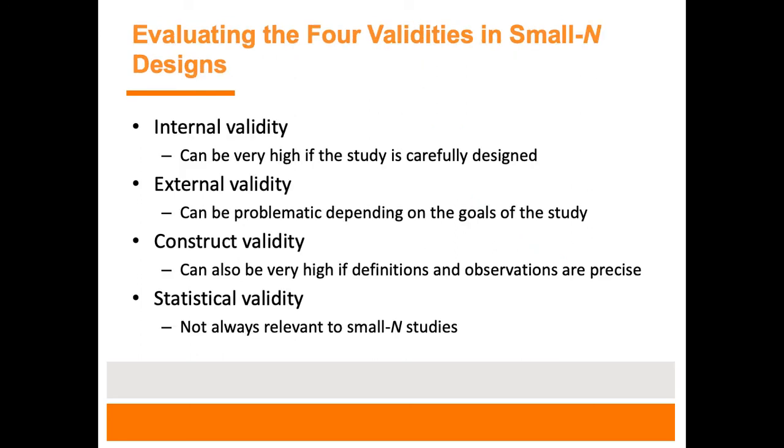So of course, with these small n studies, there's a lot of things you can consider, like the internal validity, the cause and effect. In this case, if you're looking at multiple baselines in treatment of a method of getting people to be less scared of dogs, you can see that link between the treatment and the behavior very clearly. So you can argue very convincingly for the internal validity there, that you see what's going on.